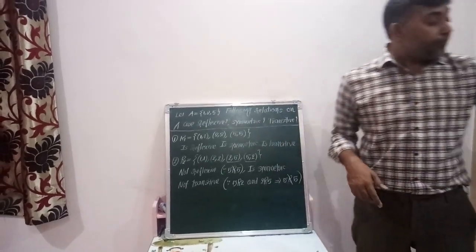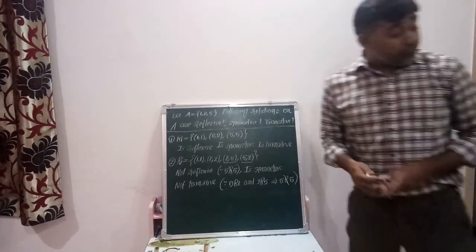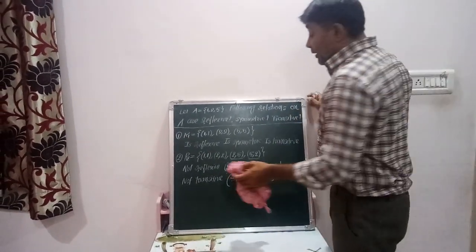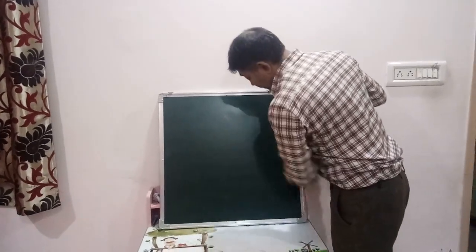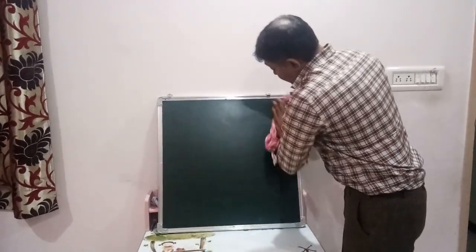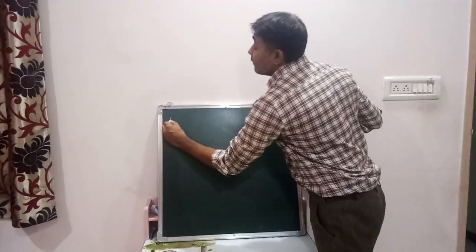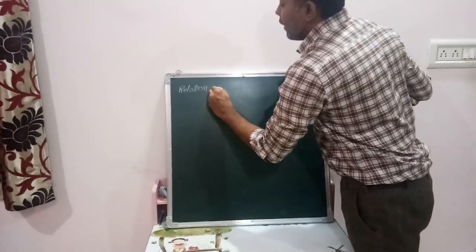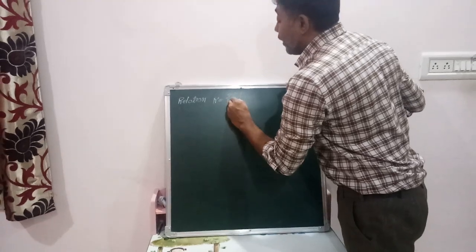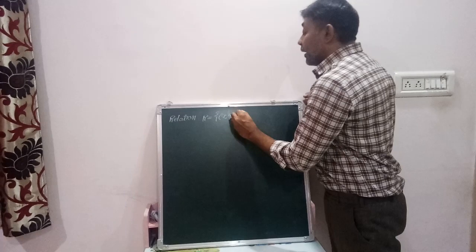It is very obvious. Now I will give you one interesting example. Okay, so this example is over. Now I will give one last example to you. Let a relation be this. Relation R consists of ordered pairs (X,Y) where